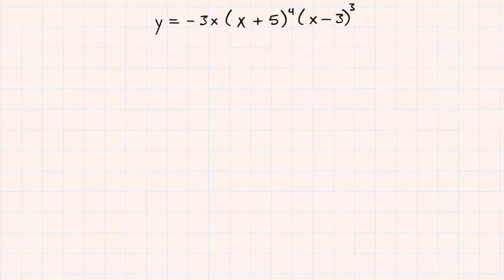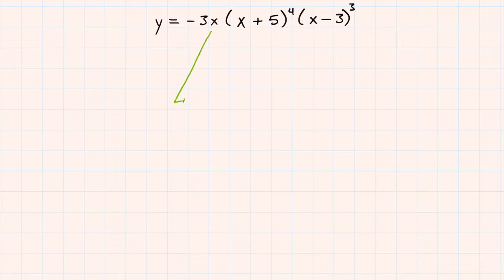All right, this time we got a leading coefficient and it is -3. So this is y equals -3x times (x plus 5) to the fourth times (x minus 3) cubed. So that -3 means I know this is going to end going down. So when I get to that point to sketch it, I'm going to start in quadrant 4 and work this